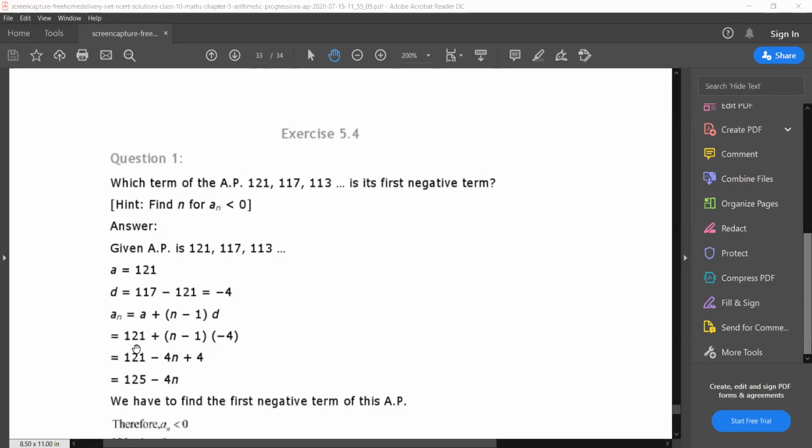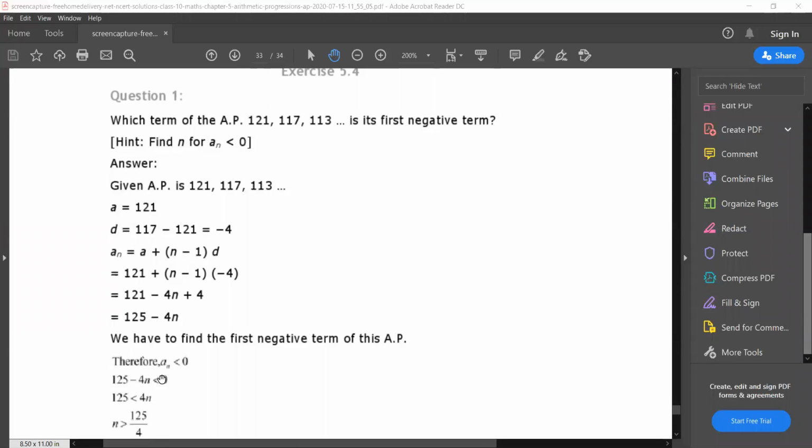an is equal to, by putting the value a is 121 and the value of d is minus 4, we get an is equal to 125 minus 4n. We have to find the first negative term of this series. So an must be less than 0. 125 minus 4n must be less than 0. So we get n is greater than